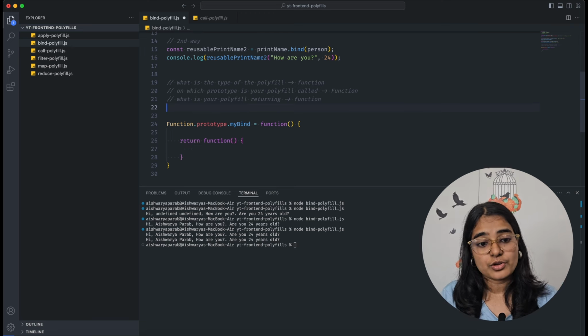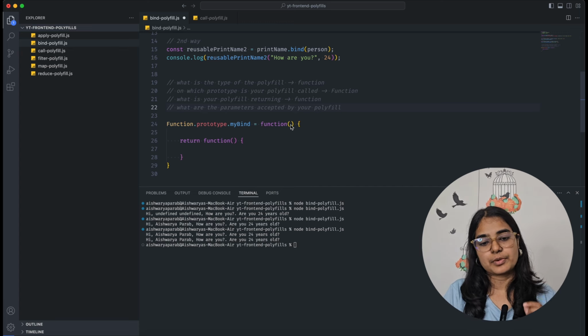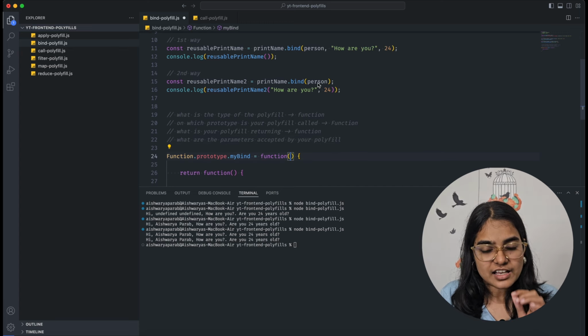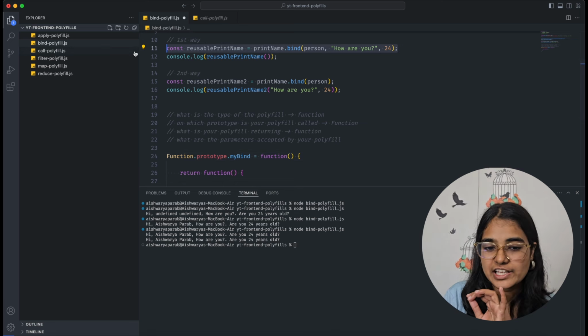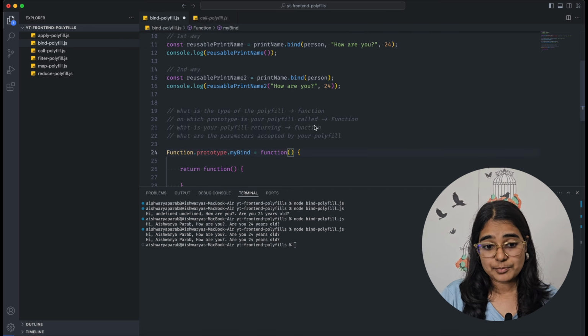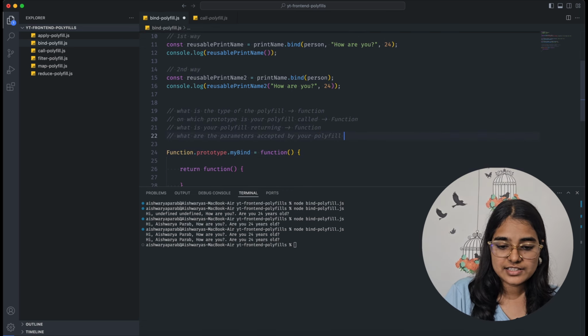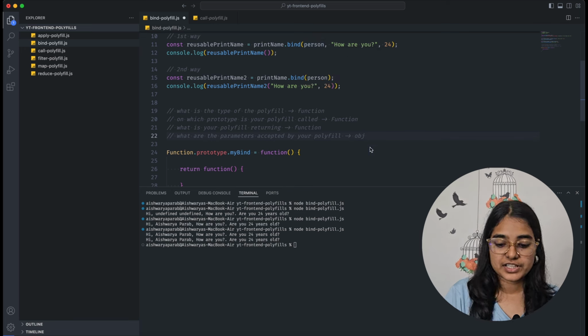Now the next question to ask yourself is, which parameters are accepted by your polyfill? Right now, let's only concentrate on the first way. Let's not confuse ourselves with the second one. In this case, it is accepting the object, which is the context, and it's accepting the parameters.